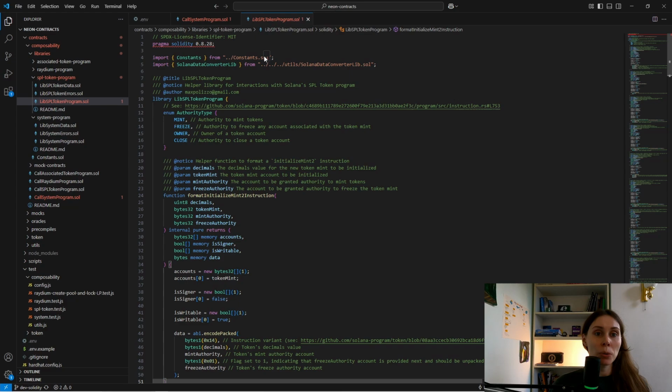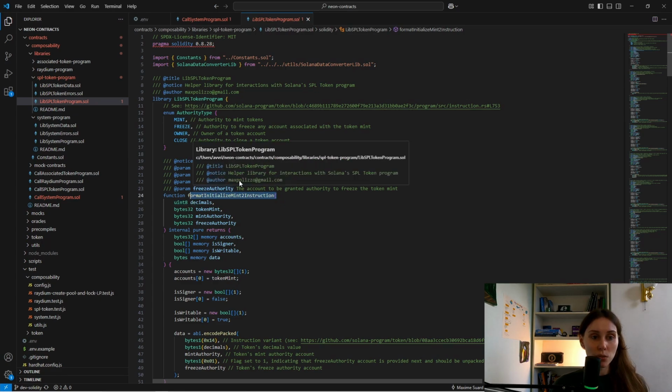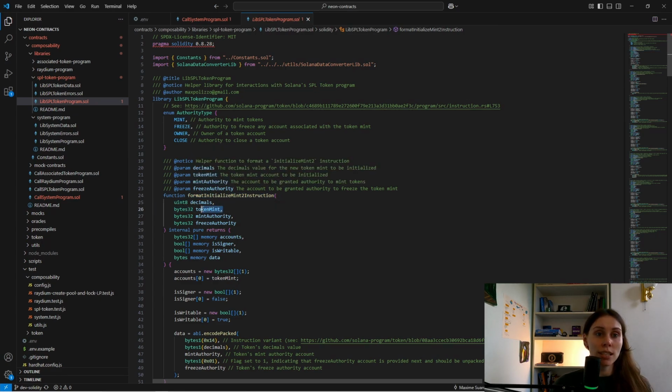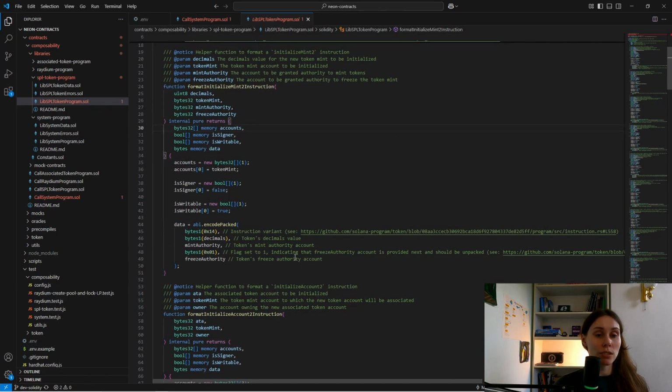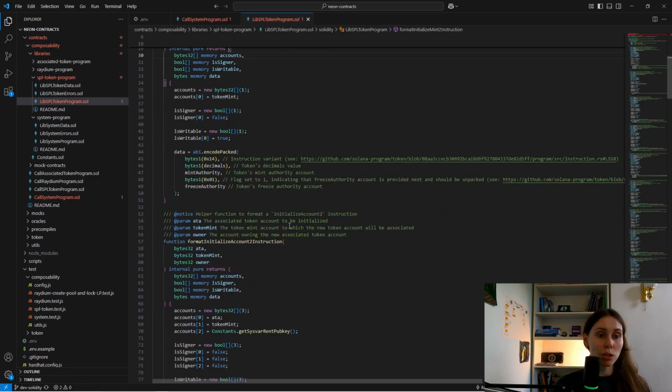First of all, it's going to help us initialize a mint. We are going to pass the decimals, token mint, mint authority, and freeze authority to initialize our mint instruction. So the token mint accounts are going to be initialized as well later. And to do this, we have the second instruction, format initialize account. And for this, we have the associated token account, the token mint,